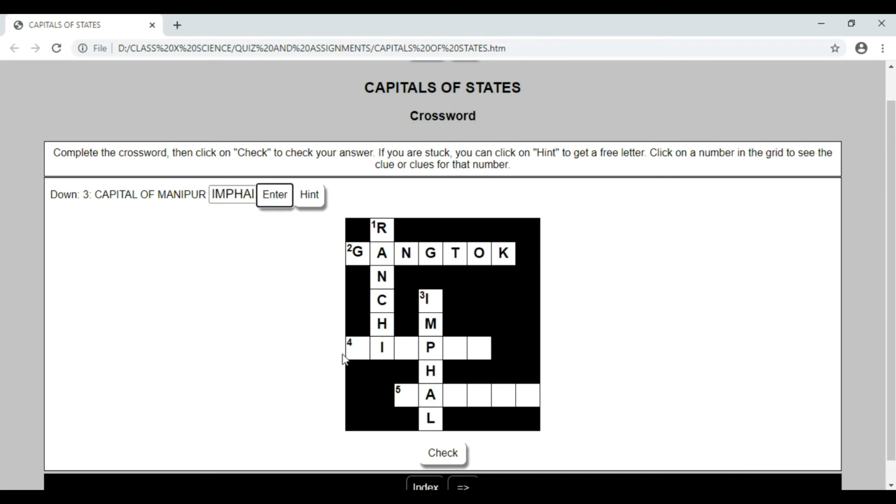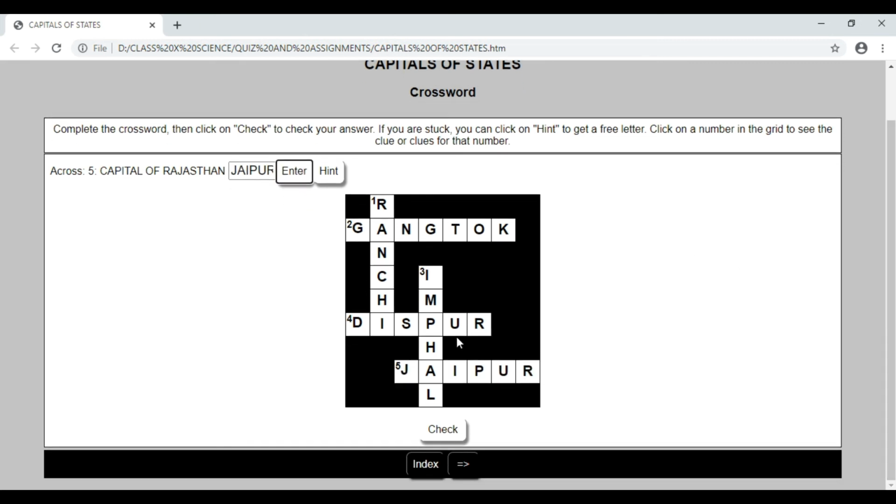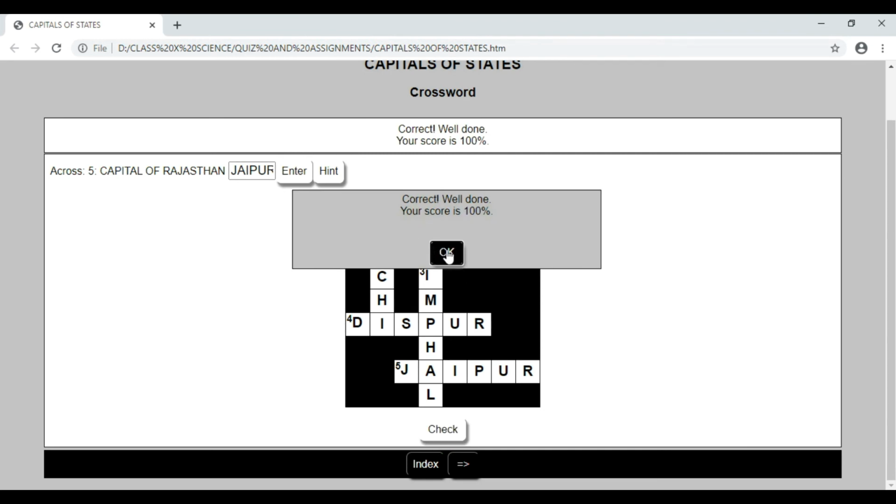Enter. Then 4, capital of Assam. Enter. Then 5, capital of Rajasthan. Press enter. Likewise, and after finishing the crossword, the student can check the score.